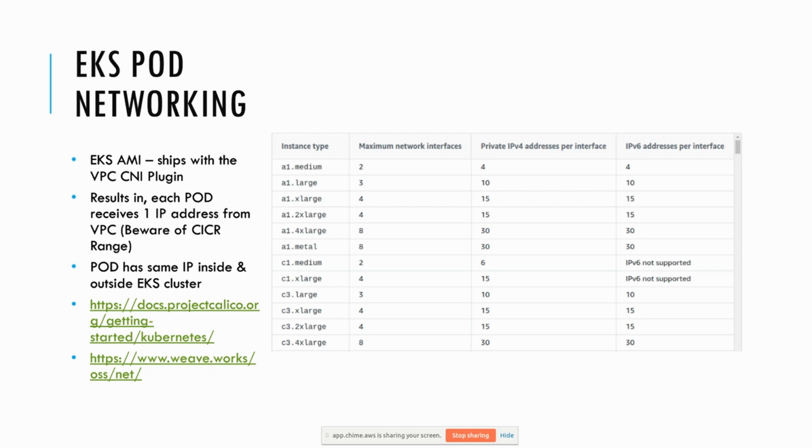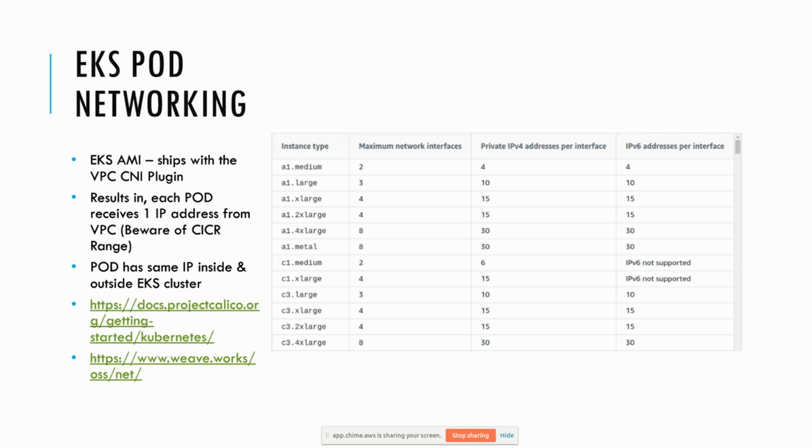Obviously, there are some side effects. For example, because of the pods on EKS, you tend to scale to the hundreds of thousands of pods, because that's what orchestration does. But with the VPC CNI, you're limited by your subnet ranges in your VPC. So beware that if you set a /24 on your VPC subnet range and you start scaling up to 3,000 pods, you're going to run into issues with that.